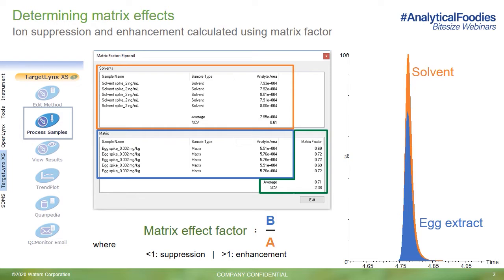In another episode in this series, we looked at how to calculate matrix effects. Taking some of the data and calculations discussed in that bite-sized webinar, we can see the matrix effects determined for fipronil in egg. In this example, we've spiked a crude QuEChERS egg extract to the required reporting limit of fipronil and the equivalent concentration in a solvent-based standard, similar to matrix-based solvent diluent. Using the matrix factor tool within MassLynx, we can see that fipronil is suppressed by the egg matrix, which is also evident by looking at the overlaid fipronil peaks acquired at the same concentration. So what can we do to correct these effects?